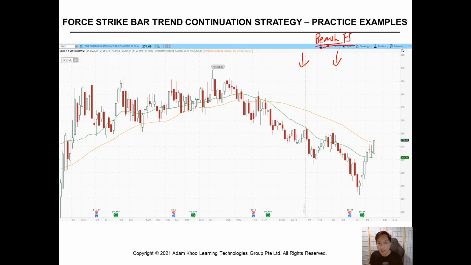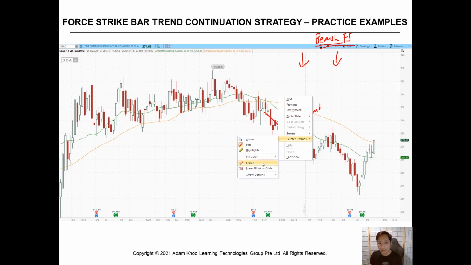Over here, you can see that price action is in a clear general downtrend, and there was a retracement to the 20 SMA. What's interesting about the retracement is this: you can see that this is a mother bar, baby bar. Again, you only know there's a mother when there is a baby bar. So the baby bar is within the mother bar range, then the third bar, the fourth bar, the fifth bar. The fifth bar is what we call a bearish